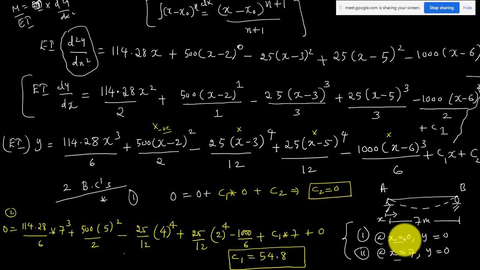So if you are following these boundary conditions, you have to use this y equation to form two equations. For x equals 0, y equals 0, you can form the first equation, that is 0 equal to 0 plus c2. You got the value of c2. I form the second equation from the second boundary condition, also for deflection. I use the deflection equation and apply x equal to 7 and y equal to 0. Again you form a second equation, and I got the value of c1.